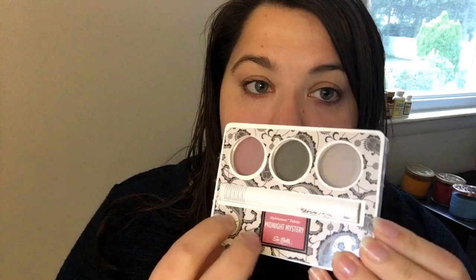These are not the only ones that we have. We have others, but these are the ones that I have right now. They're very popular right now, so they don't typically last too long. I only have a couple of each of these in the store, so if you are interested, I would recommend getting them today if you can. So again, we have a very pretty box,